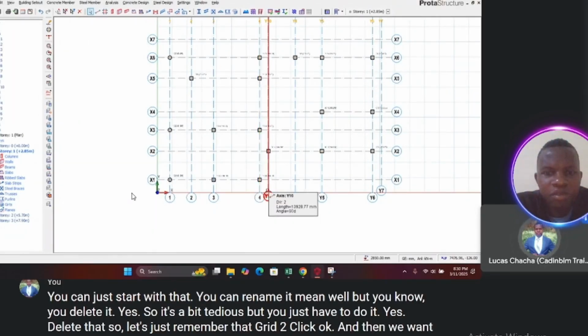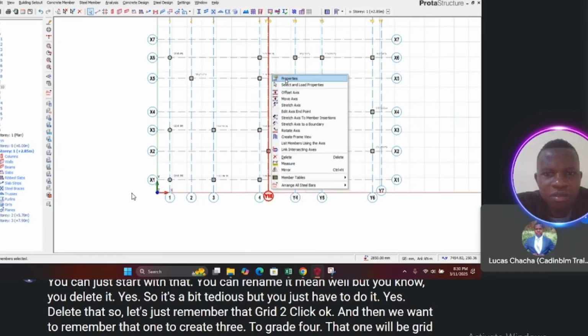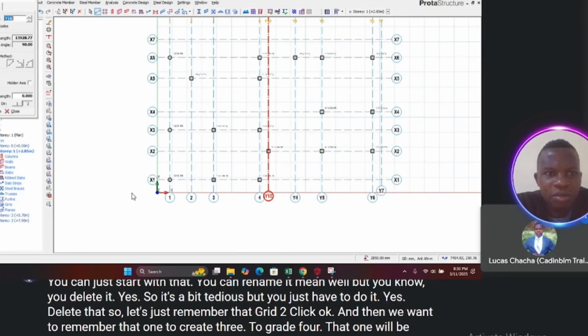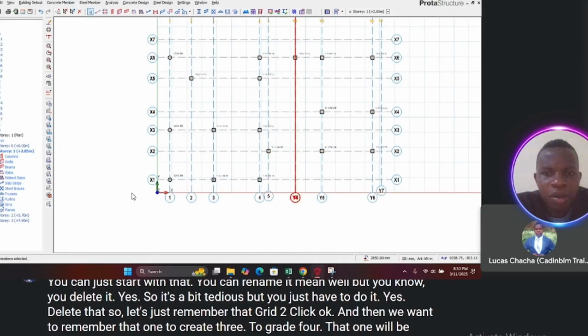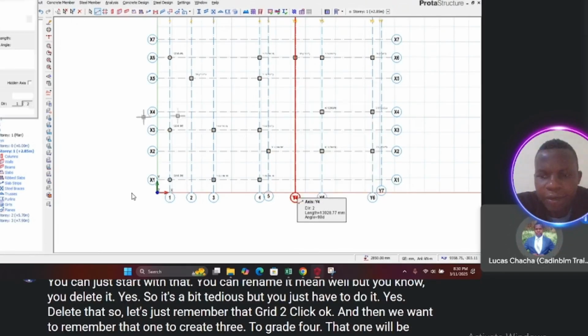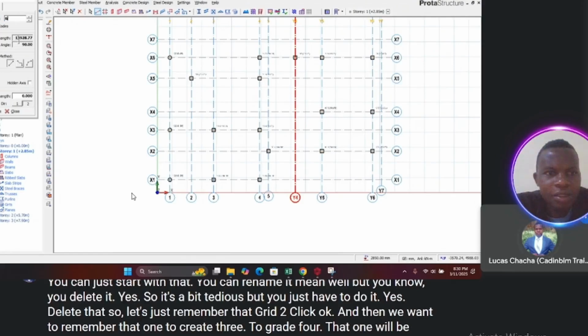That one will be grid 5. The other one will be grid 6. That one will be grid